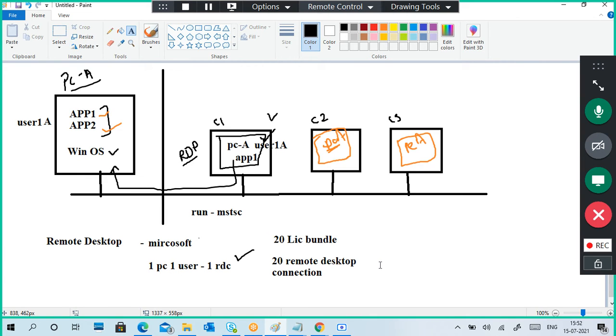Or maybe you already purchased 20, then you have to purchase 30 more PC license bundle. Like that, it depends upon the Microsoft license bundle. You have to purchase the license. And to the license, you have to mention how many users are accessing. For example, user 1A belongs to this one.